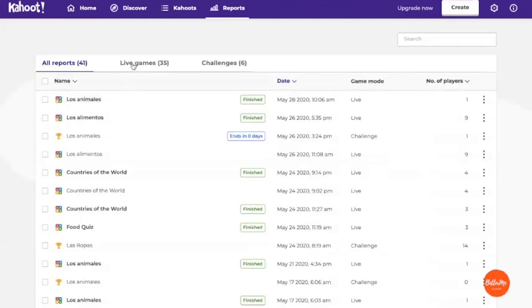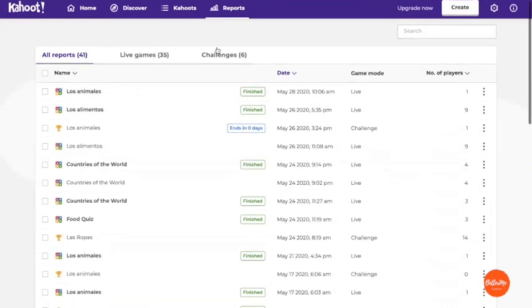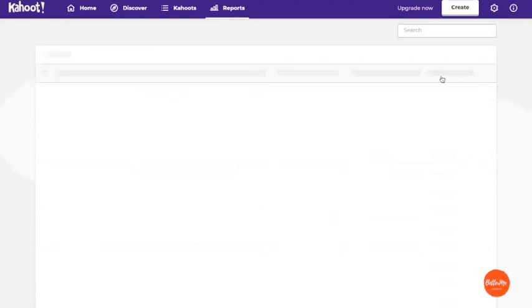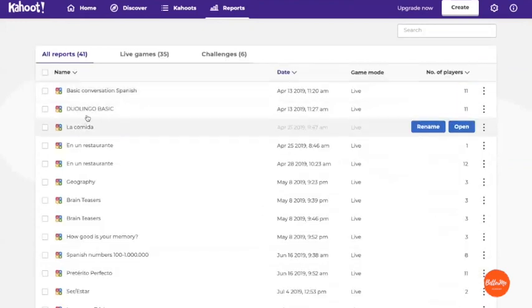Switch between these filters to see results from games you've hosted live or assigned as a challenge. You can change the sorting of the reports by clicking on the column headers. You can sort them by date or by the number of players. Alternatively, you can also use this search bar to find the report you need.